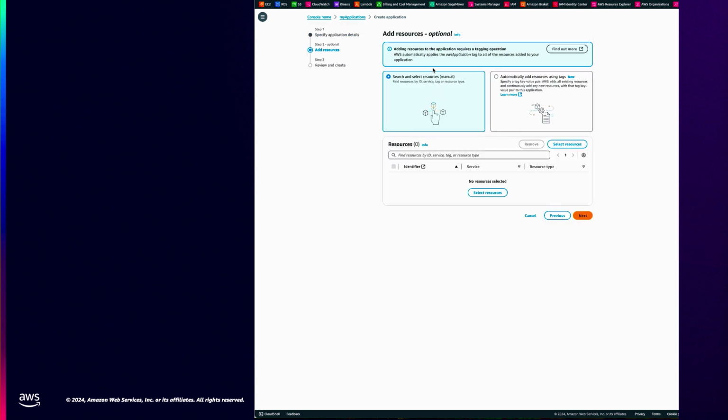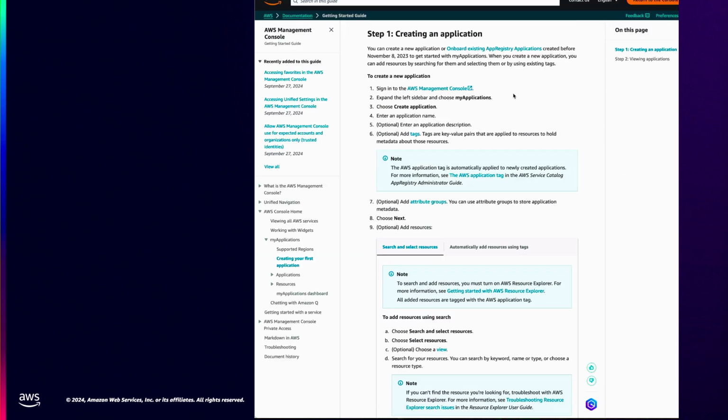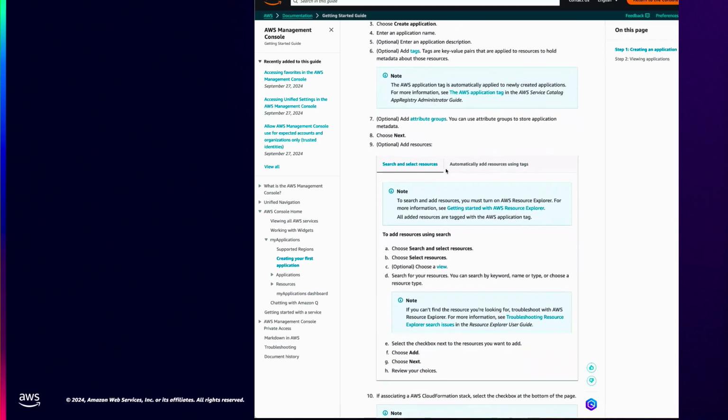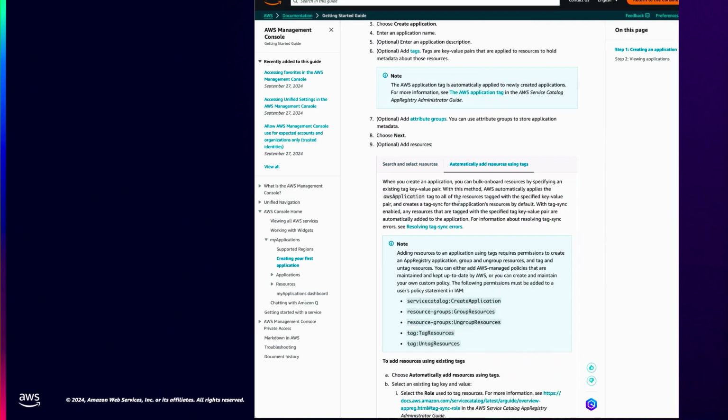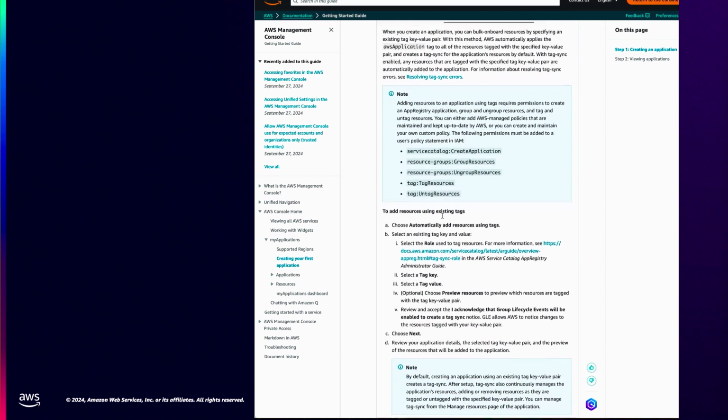And now you can choose to either search for your resources manually to add to your application, or select and use an existing tag. You click the Learn More button to check the documentation if you'd like to read up a little more about some of the permissions and policies that might be required and group lifecycle events. But when you're ready to go,